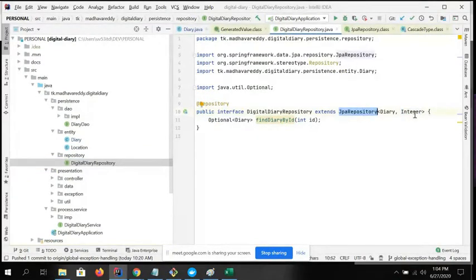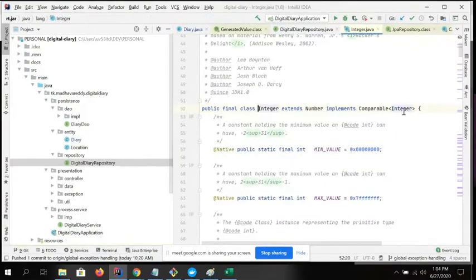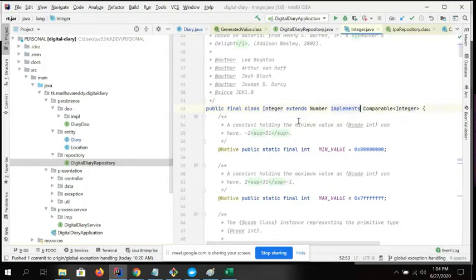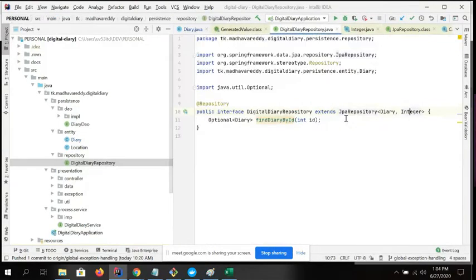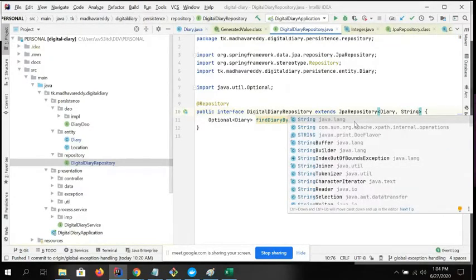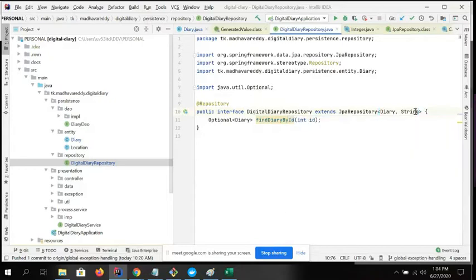JPA repository will always understand easy types, like it is an integer, and comparable, it is a number, right? It is an extension, it is a number. Then it is easy for them to make a relationship. If you are making it a complex relationship kind of object, you have to investigate and do it. And you have a free choice, like it is a string, you can also use the string value. There is no restriction. You can use the string over here, and based on that, the operation will be performed.